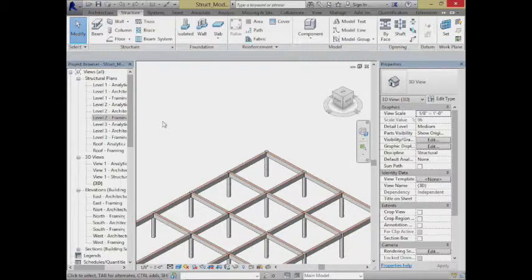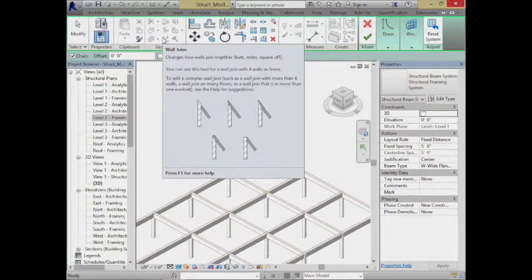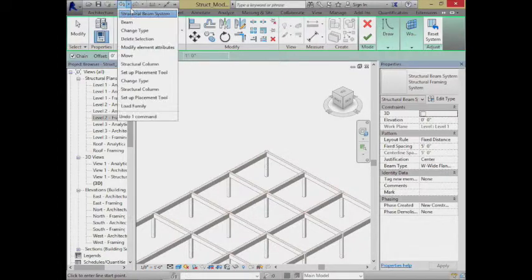So there's a really nice notion of something called a beam system, where a beam system is all about, if I take some sort of boundary and I fill it in with sub-beams, giving them a very regular spacing, can I dictate that all at once? And that actually works out pretty well. If I choose, again under structure,